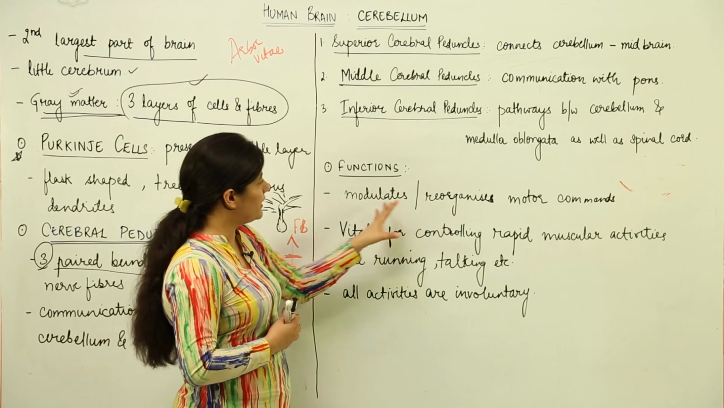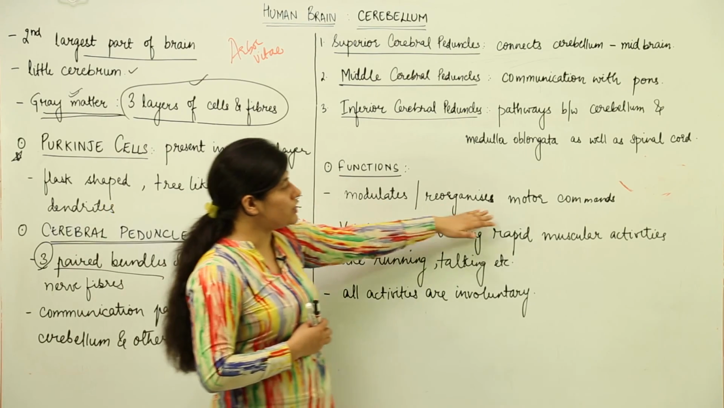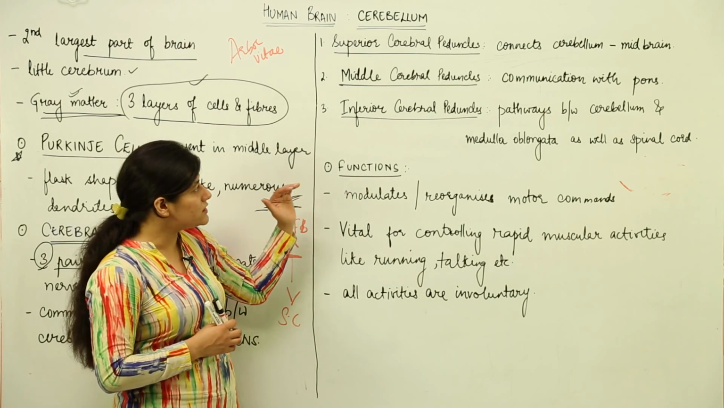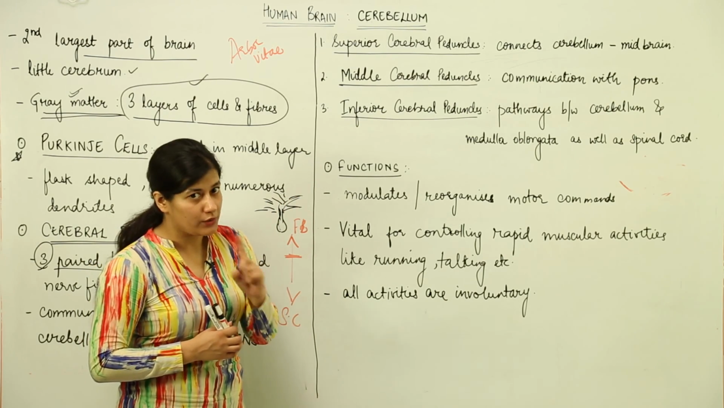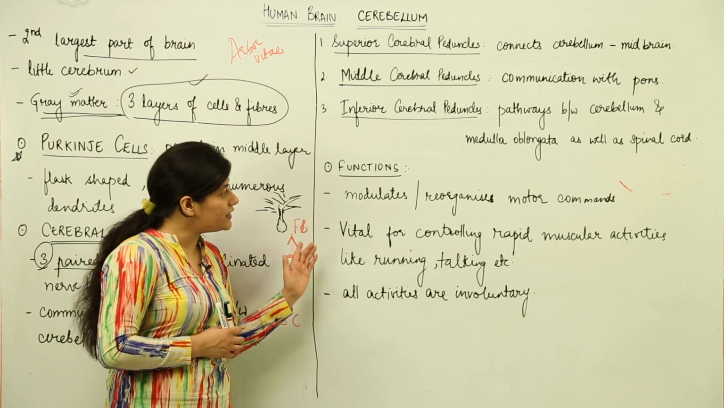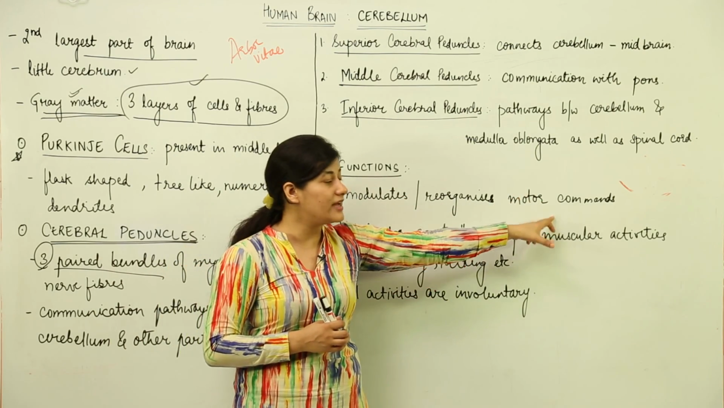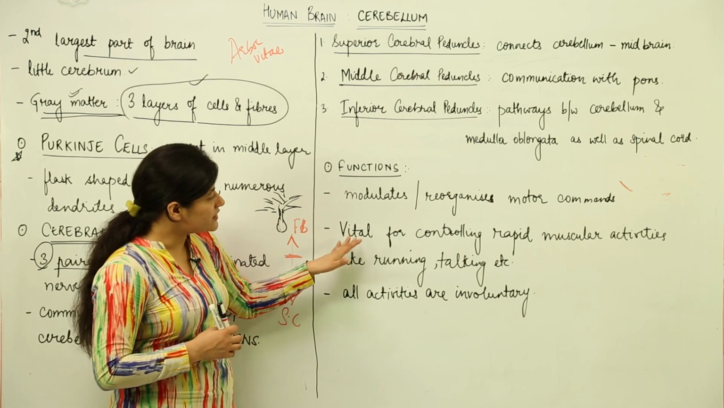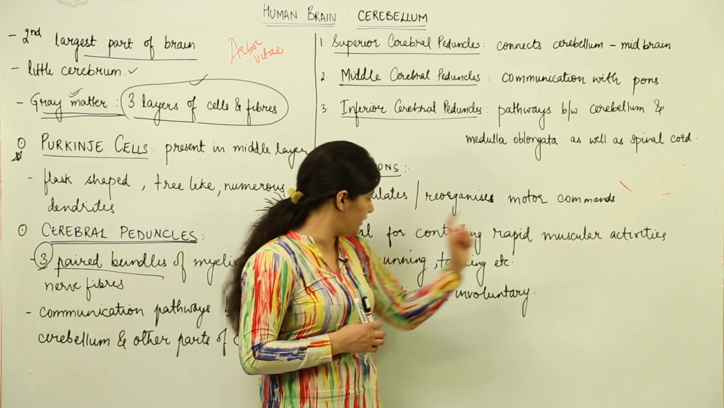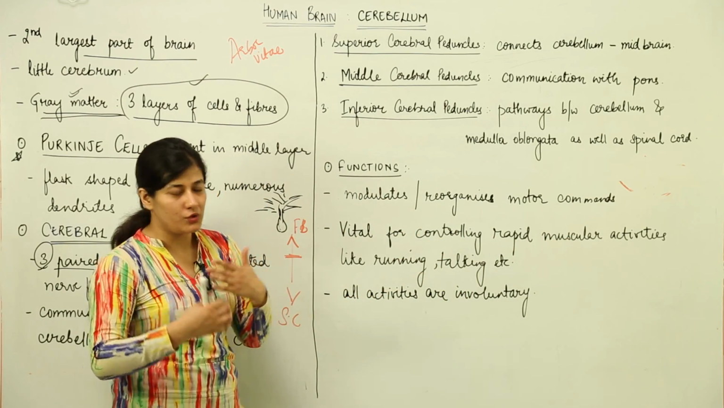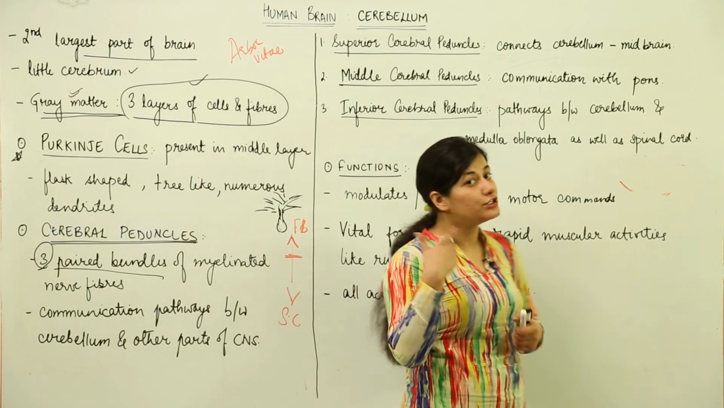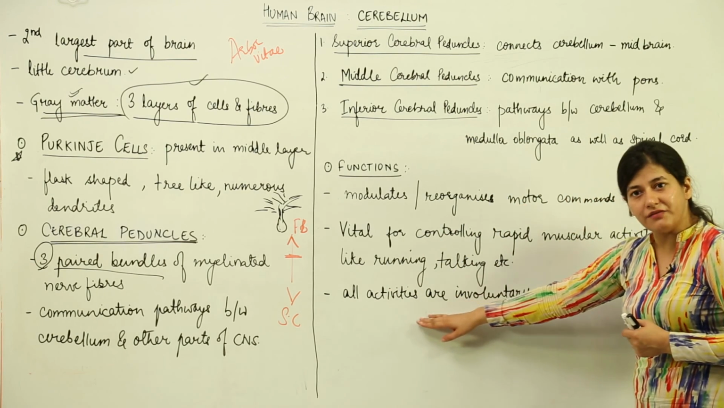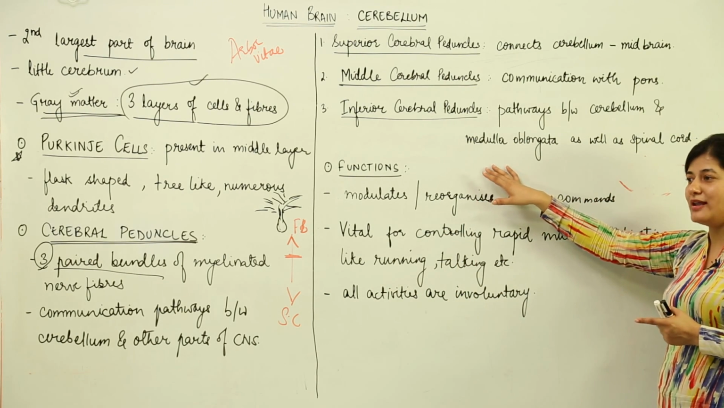What are the functions of the cerebellum? First of all, it modulates and reorganizes motor commands. In this point you have to remember one thing, that the cerebellum does not initiate the movement. Instead it modulates or reorganizes the motor commands which are coming from the cerebrum over here. The next function is that it is vital for controlling rapid muscular activities like running, talking, etc. Whatever I am doing in this lesson, moving my hands, is under the control of the cerebellum, and that is involuntary control,